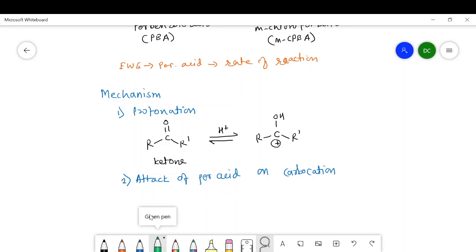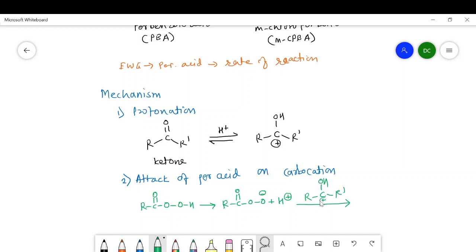The per acid, let's take RCOOOH, is converted into RCOO minus and H plus. When it reacts with this functionality, that is RCR',